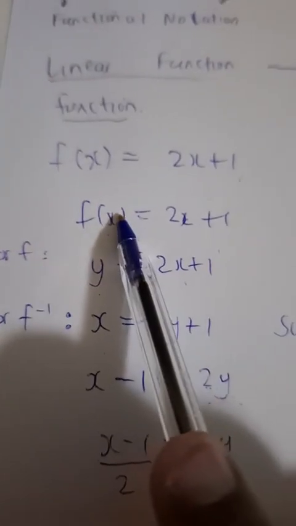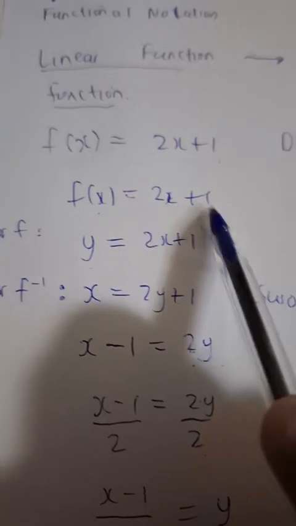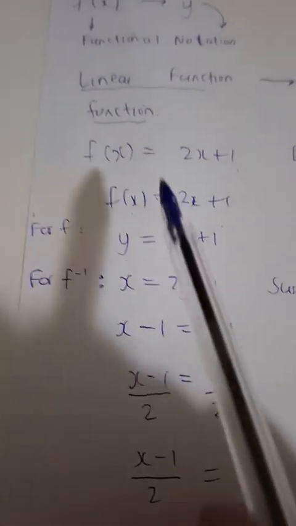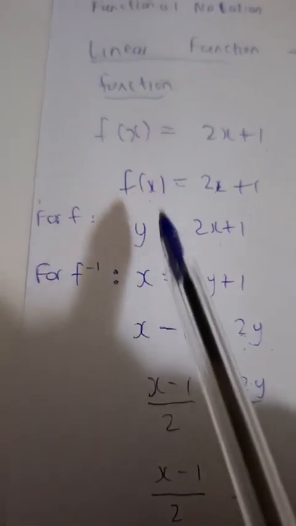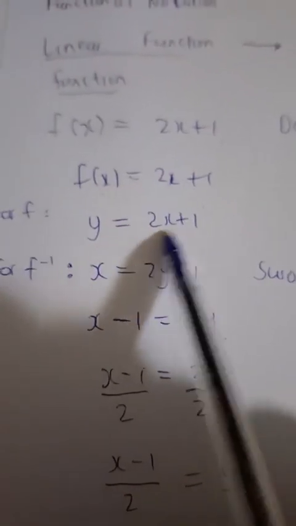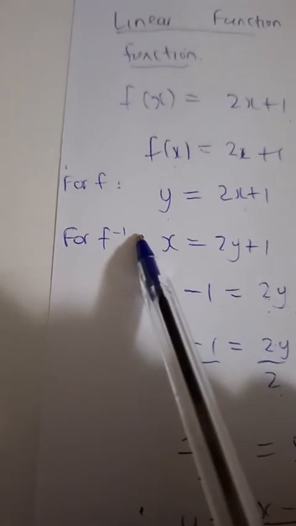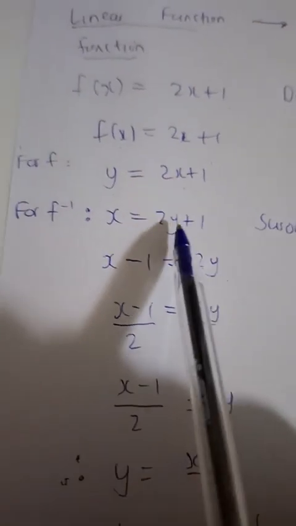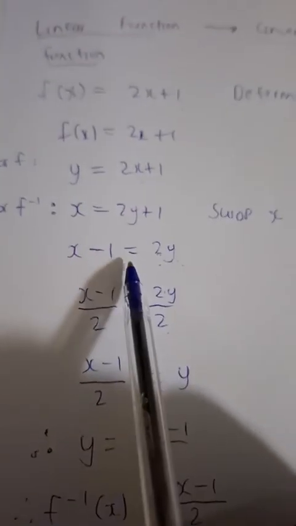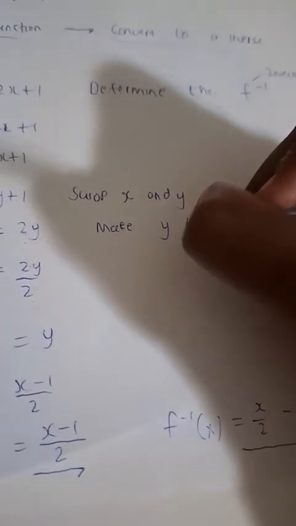So what we do, like I said, first and foremost, we write down the original function f of x, which is 2x plus 1. Then we express from the functional notation f of x, we write y, and then 2x plus 1 follows, so that we can work with y and x. Then for the inverse, remember, the first step, we swap the x and the y. So y gets swapped with x, and x gets swapped with y. And after that, we make y the subject